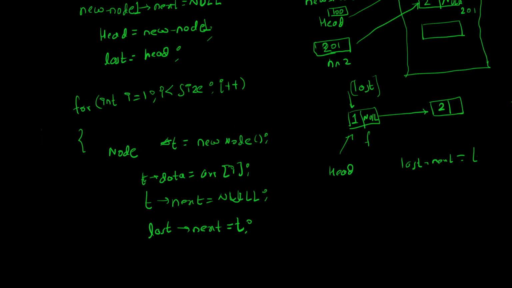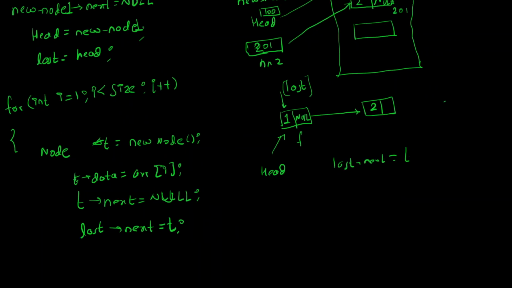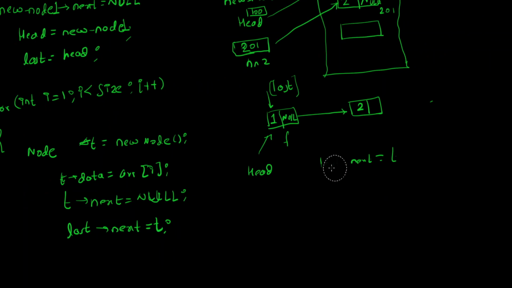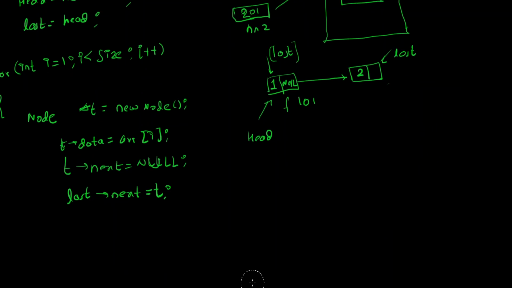Now we are going to move last. By moving, what I mean is, let's say last is pointing here. This address is 101. This address is 102. So what I mean by last is equal to t is that now last's address will contain 202. What simply means is that now last is pointing here, right? Simple. Last is going to help us create new nodes and link those previous nodes with the new nodes. So that's what last is doing.